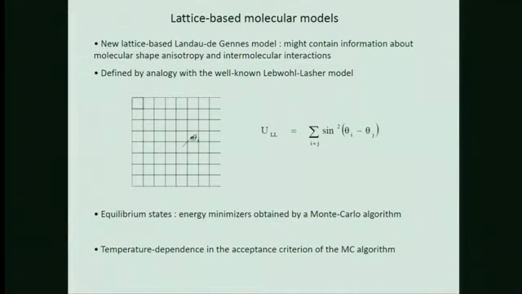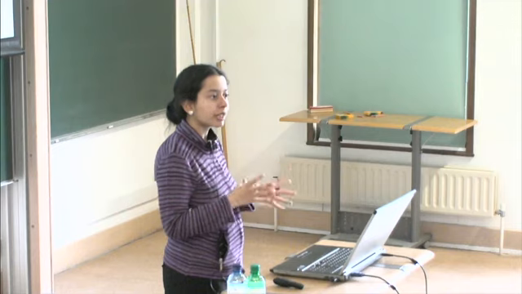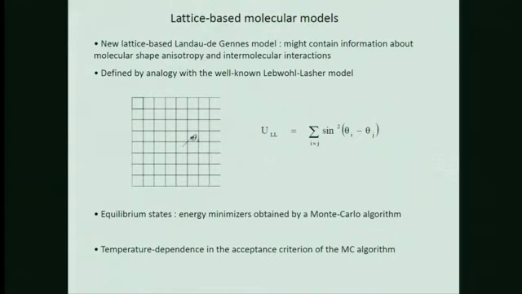and every site has an associated orientation, theta I, and every site only interacts with its nearest neighbors, the four nearest neighbors. You have an interaction energy between the different sites, which is proportional to the relative orientations at the two different sites, and the total lattice energy is the sum of the interaction energies between the different lattice sites, obviously summed over all the lattice sites. And we want to minimize this energy, or find local minimizers of this lattice energy